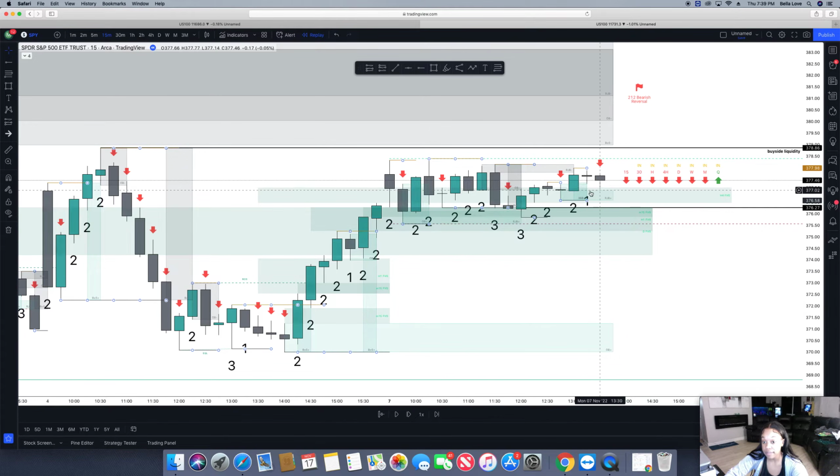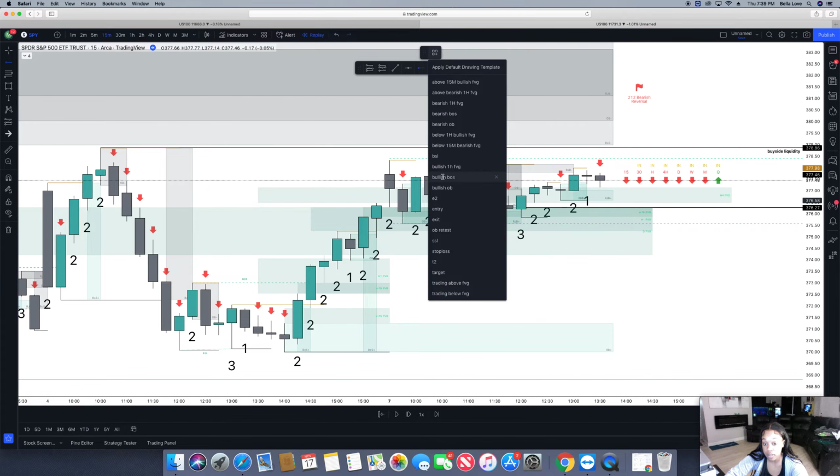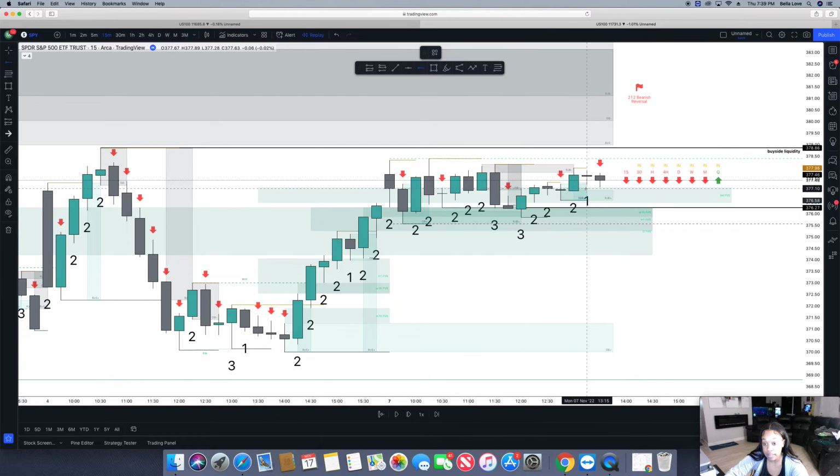So even from this fair value gap here, let's say if you weren't already in a trade, you could enter here on this fair value gap. You guys can see fair value gaps don't always get filled right away. I always preach that they don't get filled right away. So you can enter at 376.15, and you can ride it all the way up to 376.86,